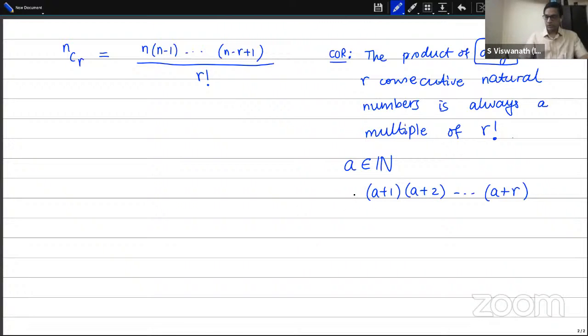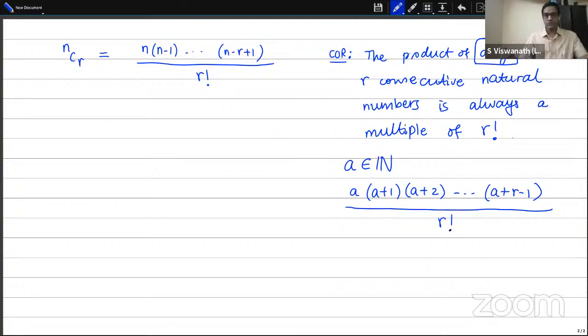So maybe I will put, yeah, okay, well, let's keep it like this. So I want to start A, I also want to allow A equals 1. So let me maybe do this, A plus R minus 1. So why is this divisible by R factorial? If I divide by R factorial,